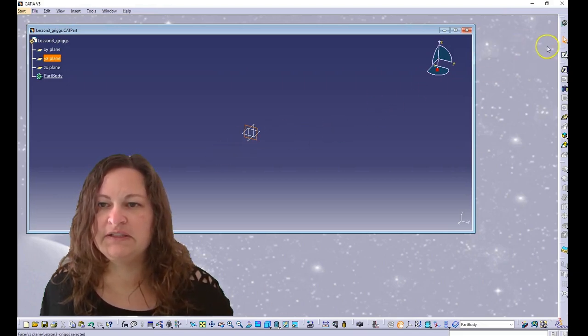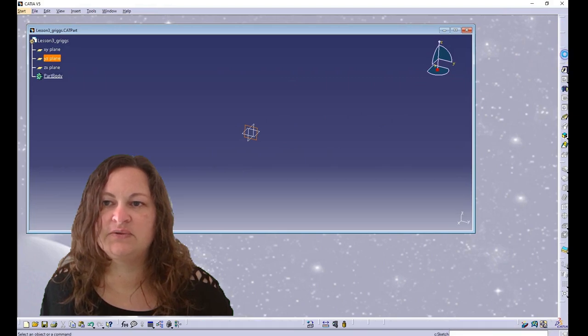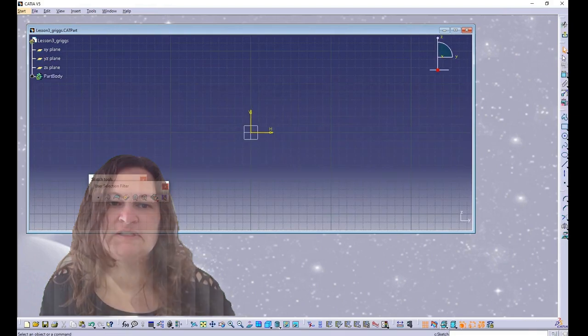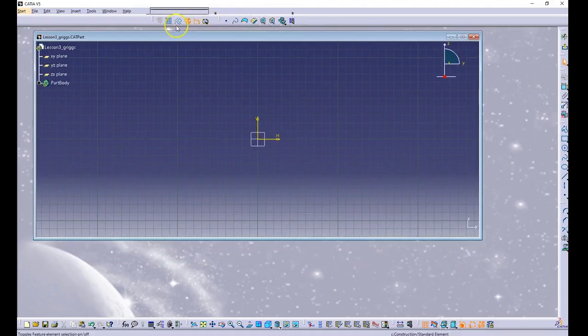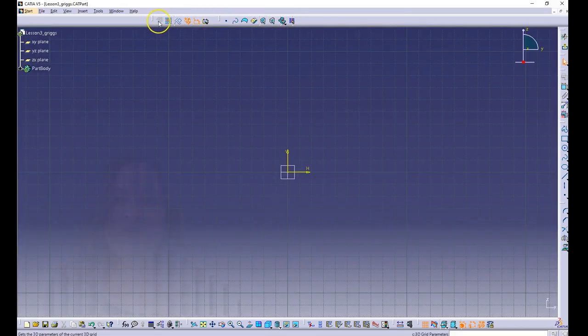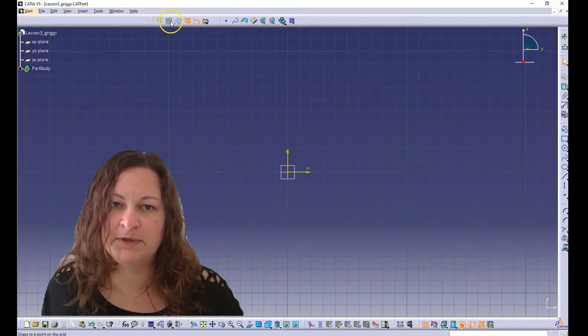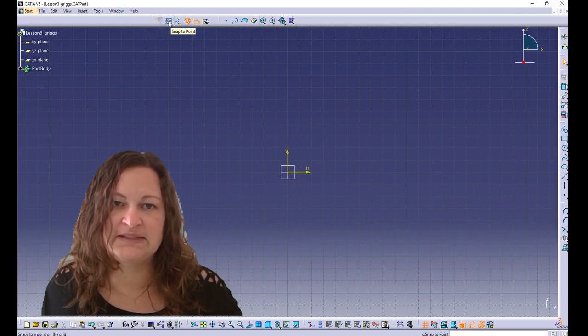You have to have a plane selected, but once you do, clicking on that icon is going to bring us into a 2D space that has a grid system on the back. And by default, you're going to generally have these two toolbars that pop out as movable. I like to dock them at the top so that I can get them out of the way of my workspace. So if you look at your Sketch Tools toolbar up at the top, you've generally got Snap to Point